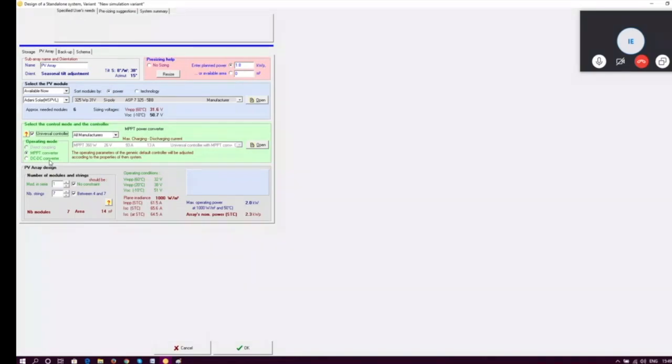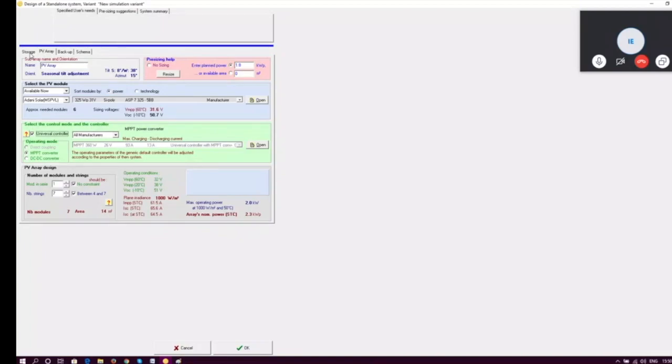So if you are choosing universal controller and let PVSys choose the controller for you, there would be two options, MPPT converter and DC-DC. But if you are choosing it from your side, there is a database from where you can choose your controller too.